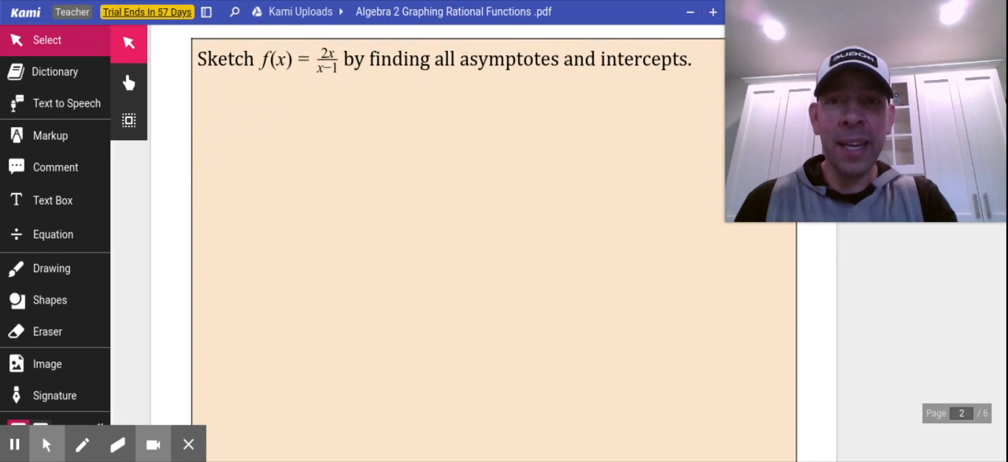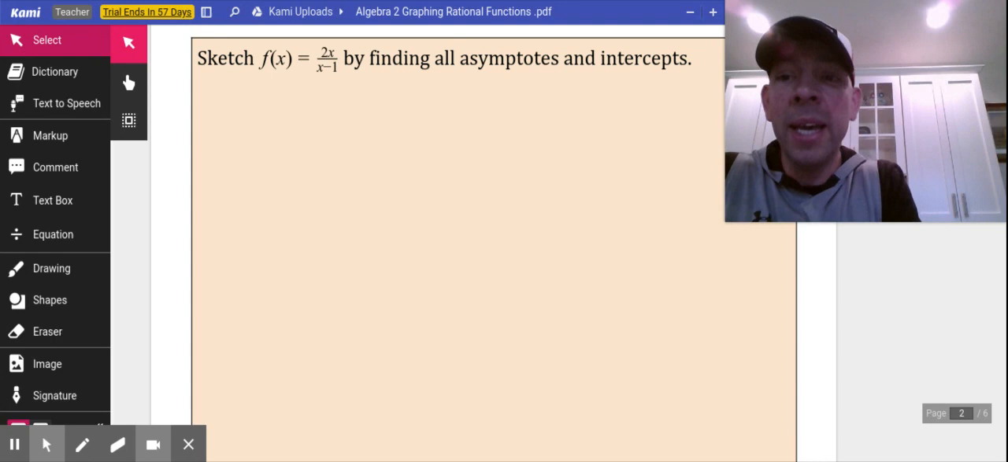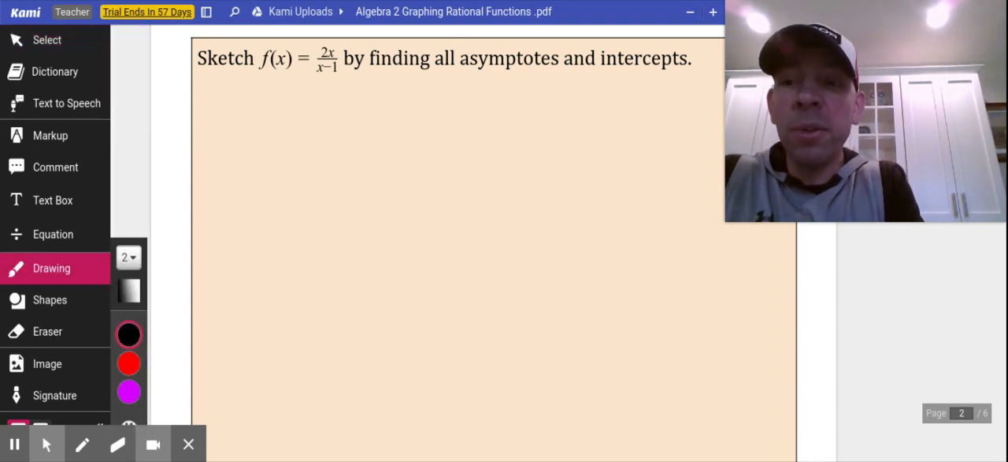All right, so right out of the gates, let's look at the rational function, 2x divided by the quantity x minus 1. And we'll try not to go through these too fast here. So if you want to find the y-intercept,